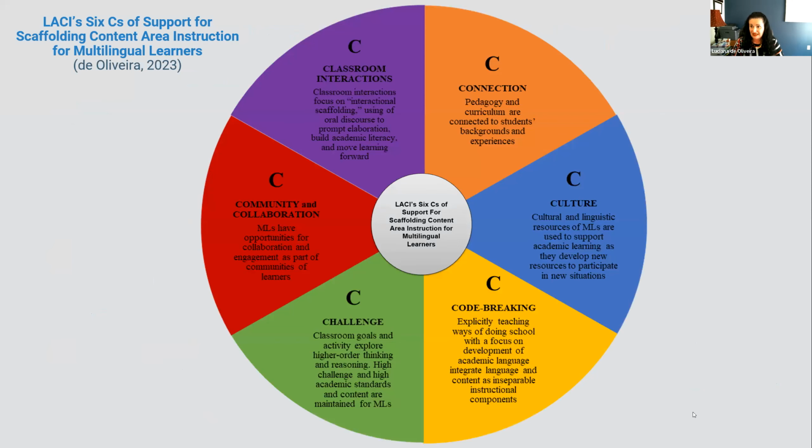So to give you a better idea of what LACI is, this is a visual representation of a language-based approach to content instruction, and it's around what I call 6 C's of support for scaffolding. So we start with the C of connection. Pedagogy and curriculum are connected to students' backgrounds and experiences. There is the C of culture. Cultural and linguistic resources of multilingual learners are used to support academic learning as they develop new resources to participate